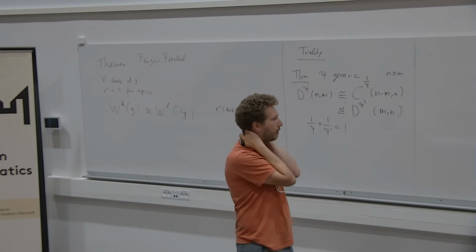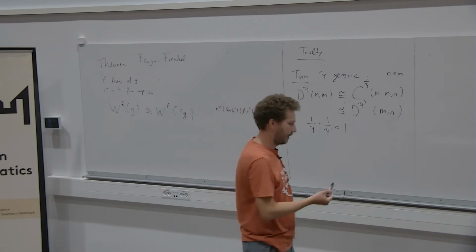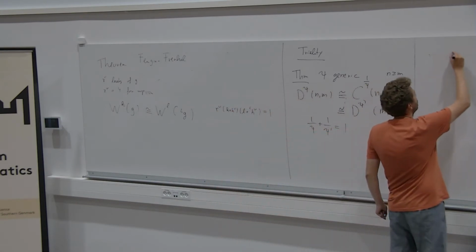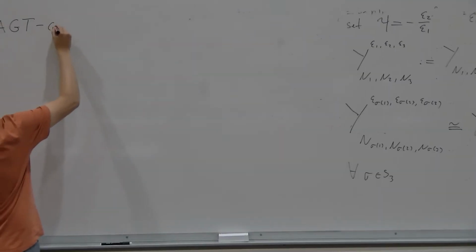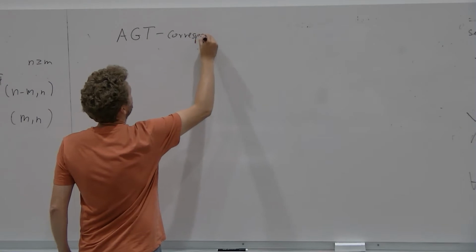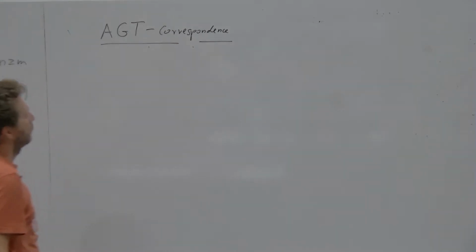I want now to talk about the applications. So there was something very influential a while ago called AGT, the Alday-Gaiotto-Tachikawa correspondence. It's often called the first instance of a 4D-2D correspondence of some four-dimensional quantum physics to a two-dimensional, maybe conformal field theory correspondence. And by now there are many variants, and depending on how you think about it, you can